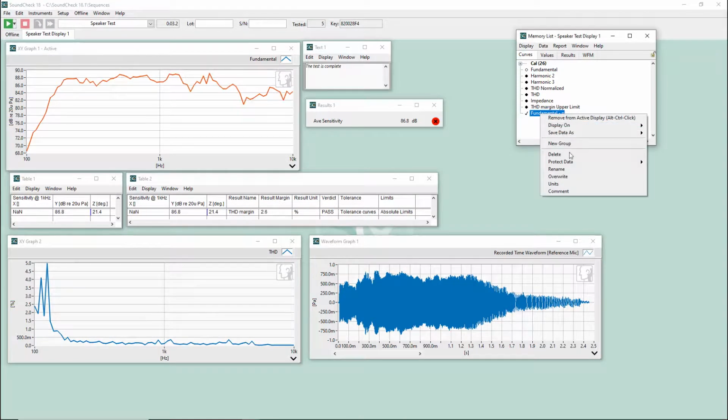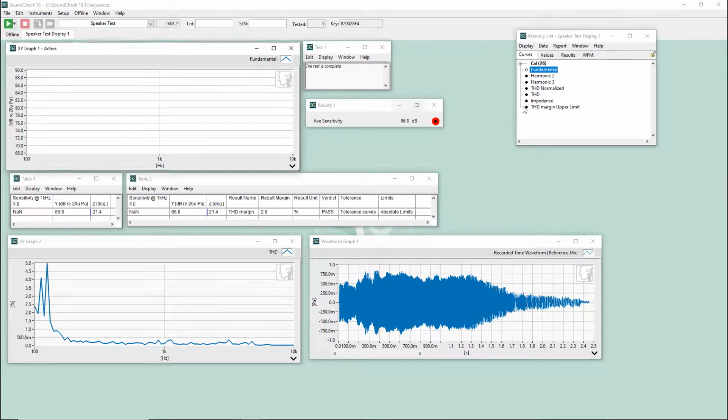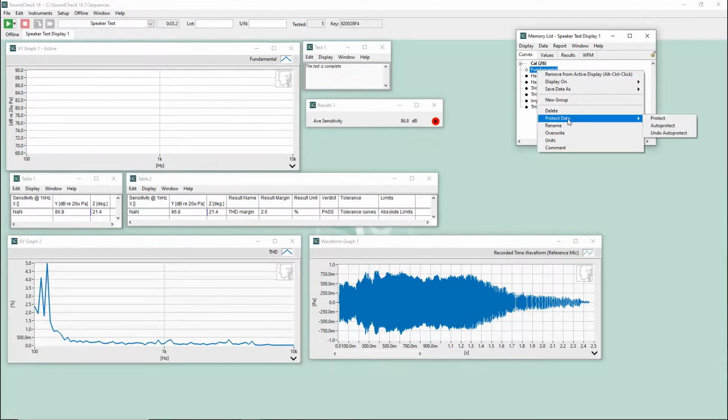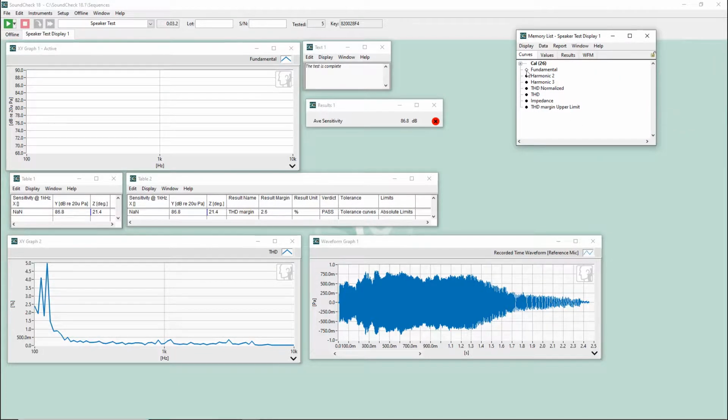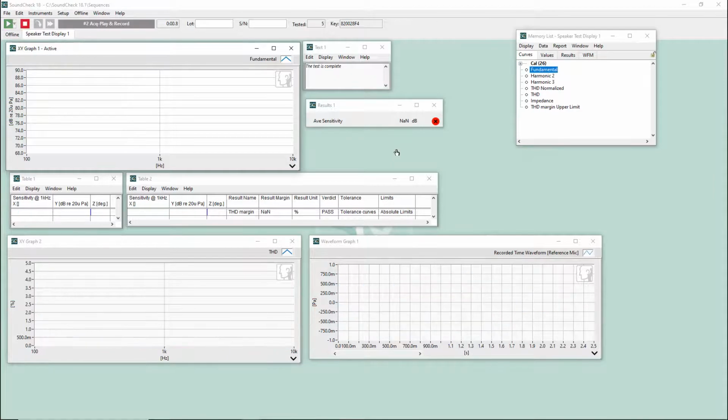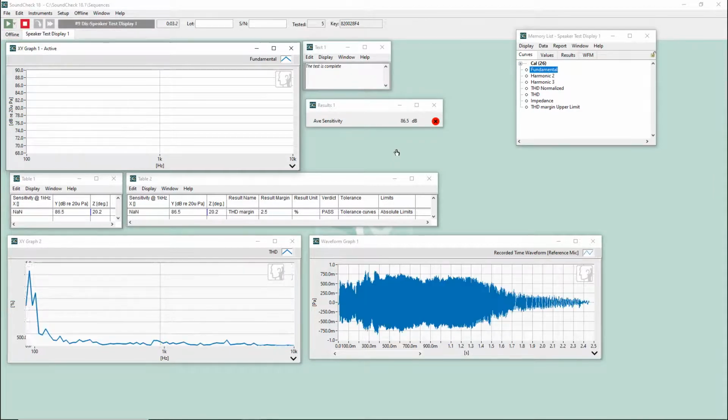We also have the option to automate this. What if on every run, I wanted to display every run we've taken so far? Instead of just protecting the data, I could right-click and auto-protect it. Now every time my sequence runs, every auto-protected curve will create a protected curve in the memory list. If we look at Fundamental here, we can see it's auto-protected by, instead of a circle, it's a diamond shape. Every time we run the sequence, it will give us a protected curve with a check mark next to it and display it on the same